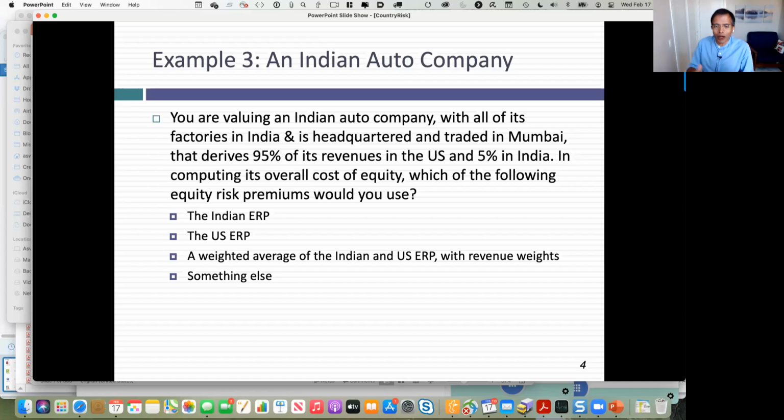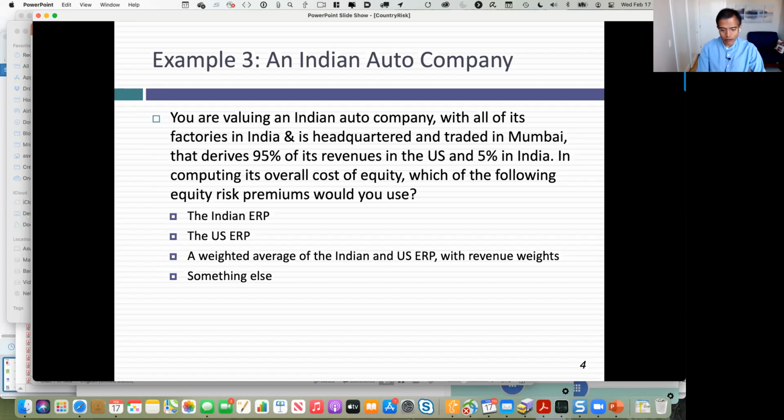So you know what the solution could be? Why do you have to pick one? Why not put half your weight on where your production happens and where your revenues occur? I'm saying think flexibly. There is no one rule that's going to apply across companies. And if you already picked a company, think about where it produces its goods and where it sells them. Both might enter into my equity risk premium computation.